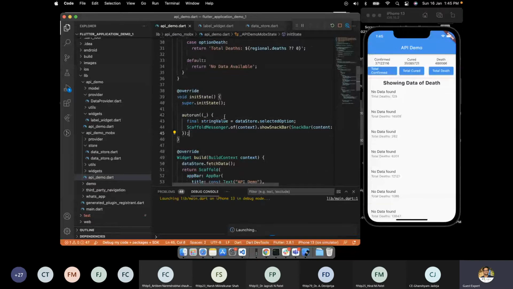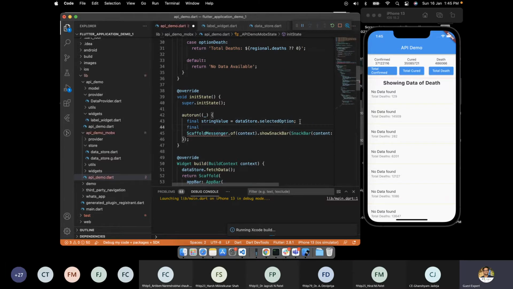So auto run will run initially, and every time these values get changed, and any value if I write, it will automatically run. For example, rather than this value, if I write bool equal to data store dot fetching data, it will run as well, the auto run. It will run when any of these values get changed.